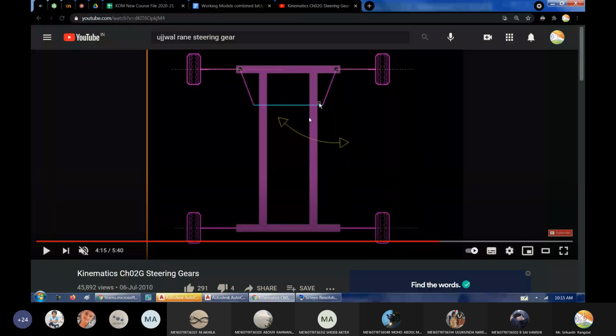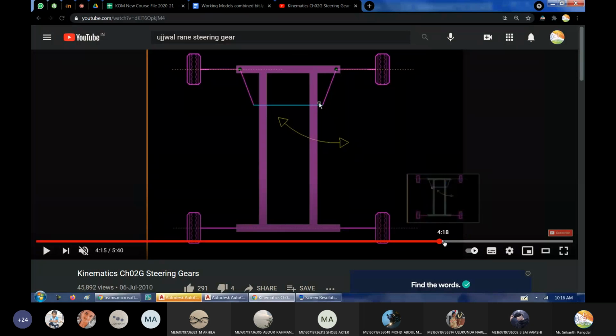And of course, this pink frame, you can see the frame is the fixed point, as I always keep telling, and that has to be counted as a single link. So this complete Roman numeral two type shape, that is the frame. Along with the wheel, these two lines represent one link. Along with this wheel on the right, these two pink lines represent the third link. And finally, this blue line represents the fourth and final link.